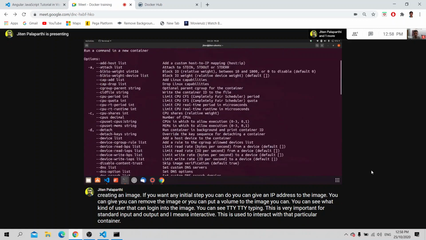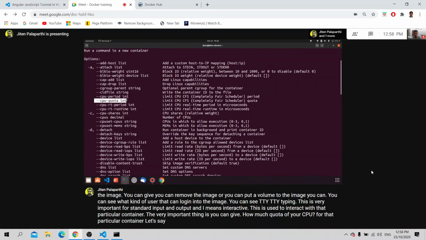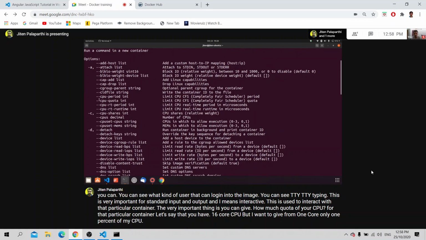And the very important thing is you can give how much quota of your CPU for that particular container. Let's say that you have a 16 core CPU, but I want to give from one core only 1% of my CPU to this particular container.